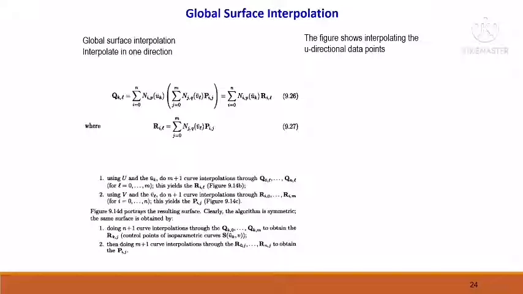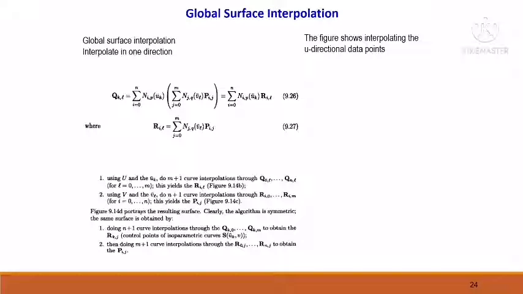Notice that the above equation is just a curve interpolation through the points q k comma l, where k equals 0 to n. The r i comma l are the control points of the isoparametric curve on S of u comma v fixed at v equals v l. Now fixing i and letting l vary, equation 9.27 is curve fitting through the points r i comma 0 to r i comma m, with p i comma 0 to p i comma m computed using the control points. Thus the algorithm is obtained as